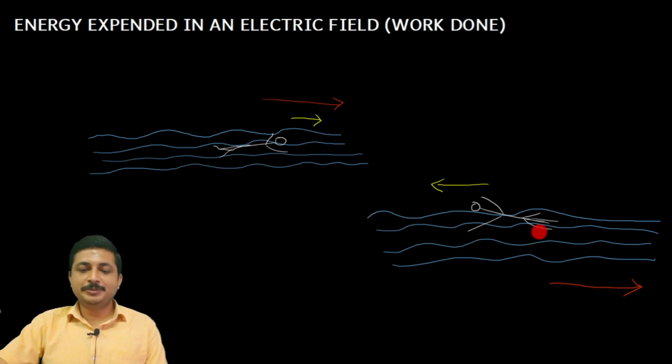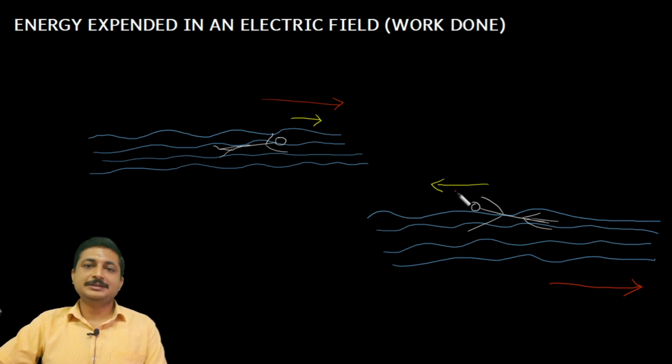If you are swimming against the flow, or in the sense if you are doing work against the flow of the river, what is going to happen? You are losing your energy and you may not complete the work as intended. So there is a negative value there. Energy exhausting is nothing but losing energy, so we call it negative work done. I hope this example is very clear.